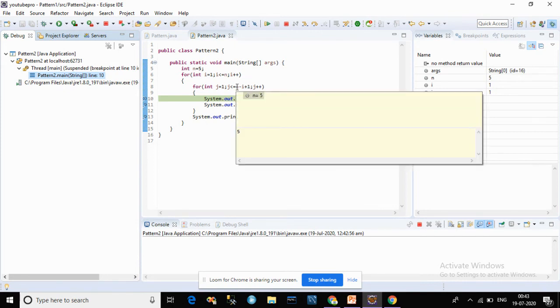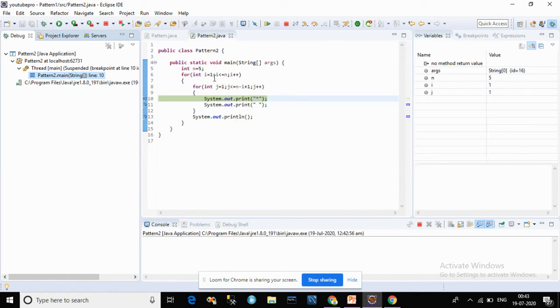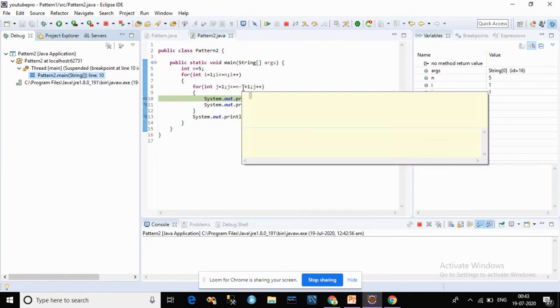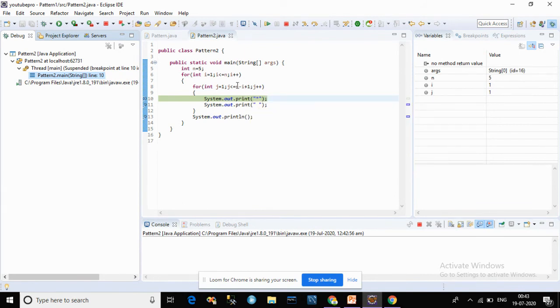That means n is equal to 5 minus i, at the initial stage 1, so 5 minus 1 is 4, plus 1, so it is from 1 to 5. At the second time, 5 minus 2, because i at that time is 2, so 5 minus 2 is 3, 3 plus 1 is 4. So like that it happens here, so we can debug it. Just check how it works.